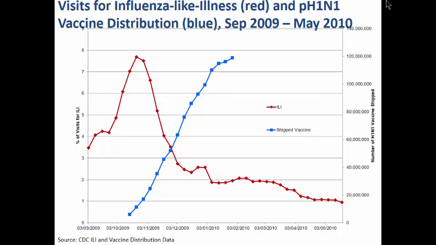So this is when the manufacturer was able to deliver the vaccine, and then obviously it takes a long time to get to all the Walmarts and CVS's and pediatric offices, and then it takes another 10 days until the vaccine really works. So we were much too late in terms of the pandemic in 2009, even though the government really did spend a lot of money, and the manufacturers really tried to do their best.